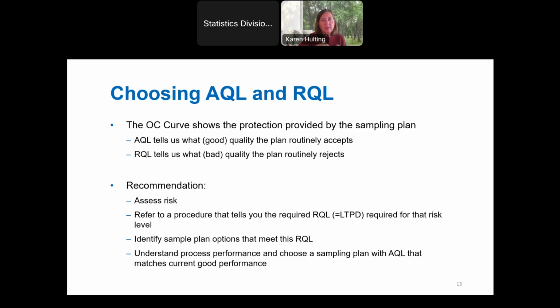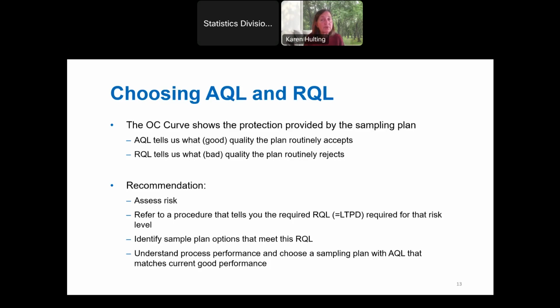The LTPD is going to be lower for higher risk, right? The higher the risk, the lower the LTPD. And so you just need to set LTPD levels that make sense for your industry and your levels of risk. And if you've got those 2 documents, you've got a risk assessment procedure, and you have somewhere a little table, maybe it's in the risk assessment procedure, maybe it's in a statistics procedure, maybe it's in a process control procedure. Somewhere you need to find this little table that tells you for each of the levels of risk, what have we decided is an appropriate LTPD or RQL.